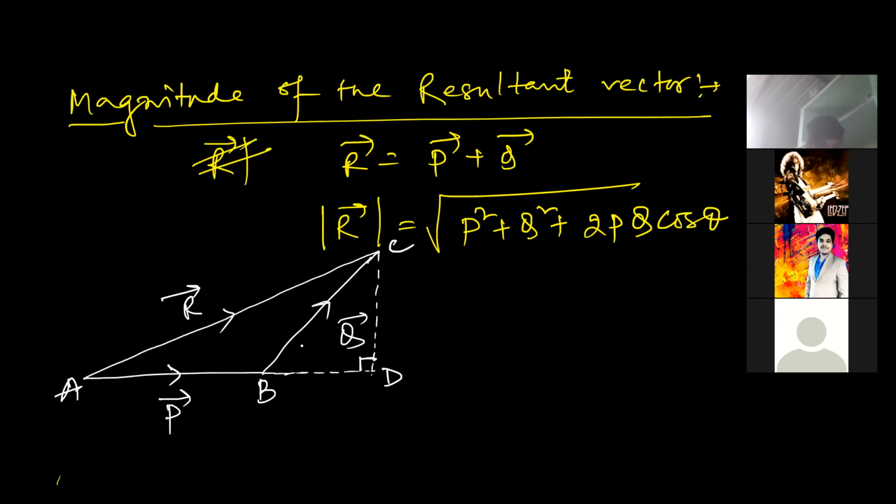So what is the angle present between the two vectors? This is given by this angle, which is written as theta. Okay, so in that expression, we are talking about this angle theta. With respect to this, I can say that the Q vector is working along the side BC, right? So what should be the horizontal component? What should be the vertical component?